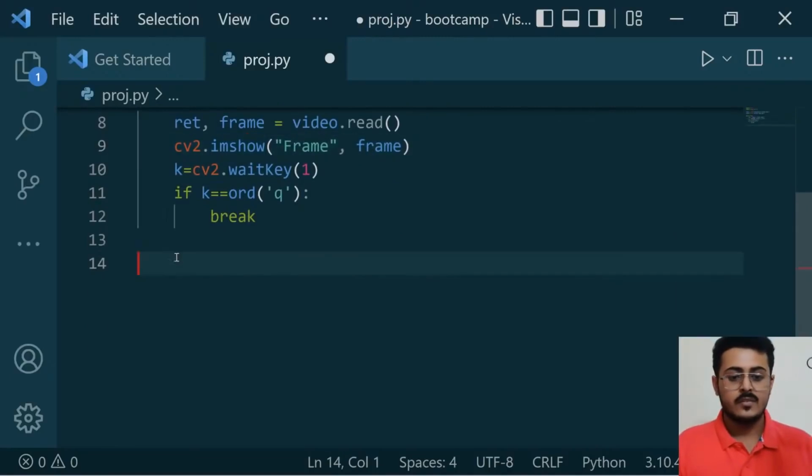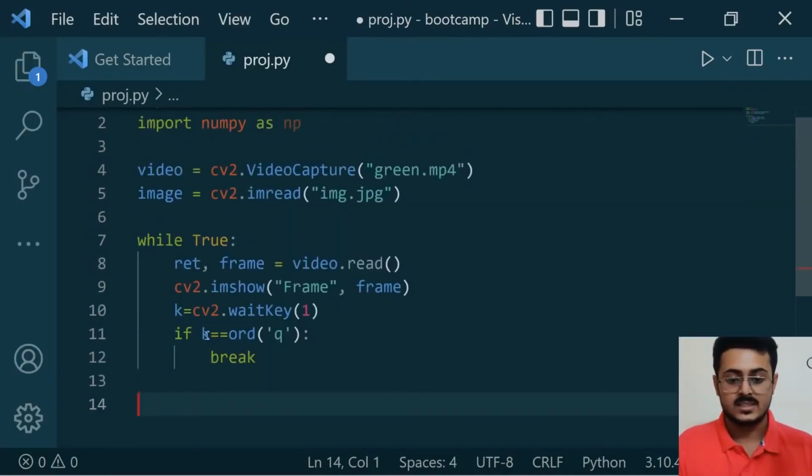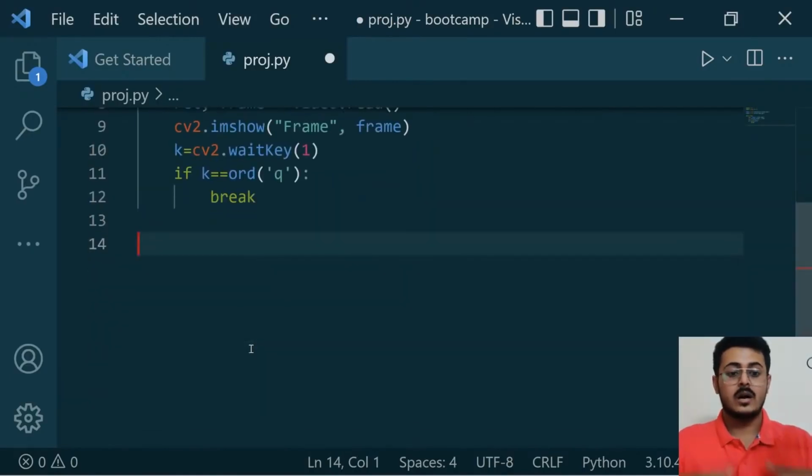So once you're coming out of this while loop, once you have pressed Q as a particular letter, you need to deallocate all the resources that you have been using. For example, you were using the video that we have created, the green.mp4. We need to release that. We are not using that video anymore. Whatever windows were opened up, whatever you were trying to show,